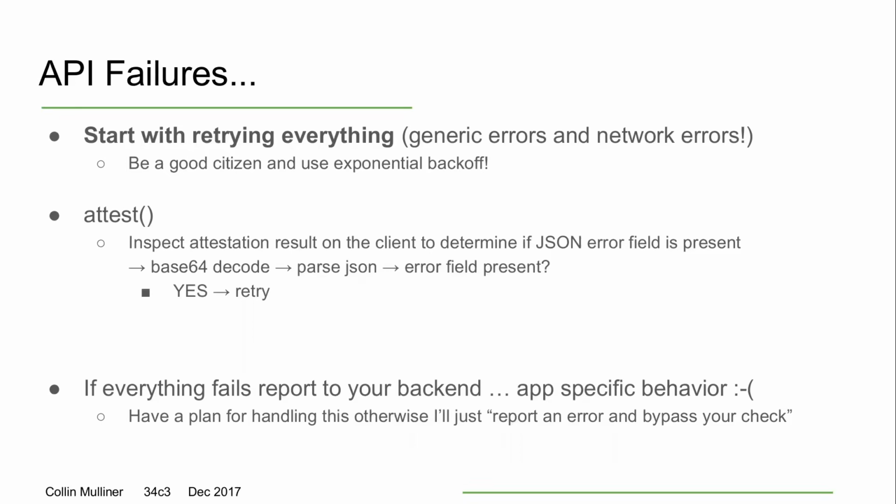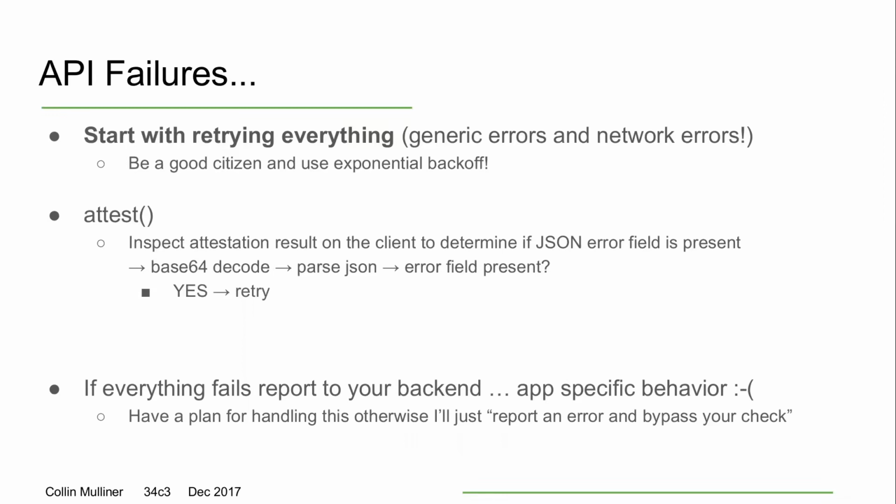And in general, you should be a good citizen and basically do an exponential backoff after each failed try. Also, you can look into this JSON blob on the device itself, and then determine if you want to do a retry, so you don't have to do a full round trip to your backend. But basically, what you really need to do is report any of the failures to your backend,